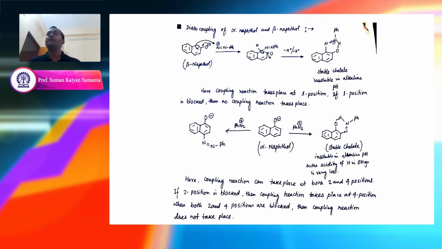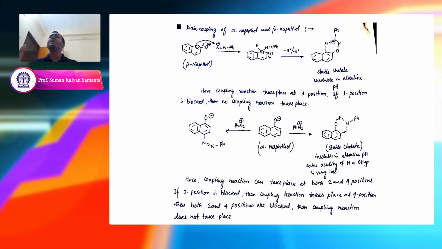So most of the time it has been observed that the diazo coupling happens at the para position if the steric factor is not playing a role. But if the steric factor is less, then it could also react at the 2 position. For example, in alpha naphthol, you have the possibility of reacting at the 4 position as well as the 2 position. And sometimes the 4 position product is predominant over the 2 position one.